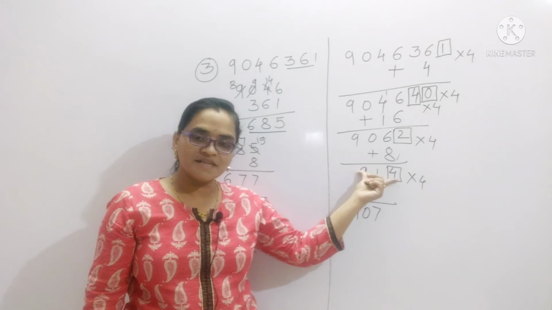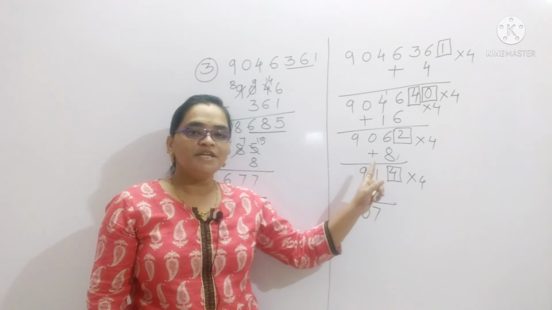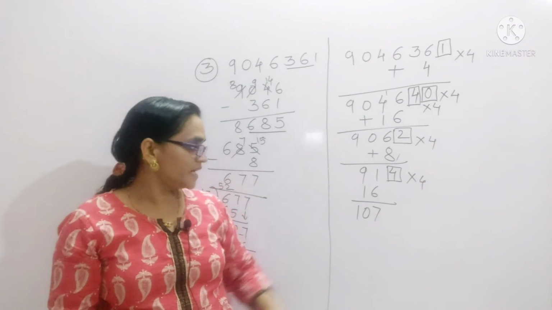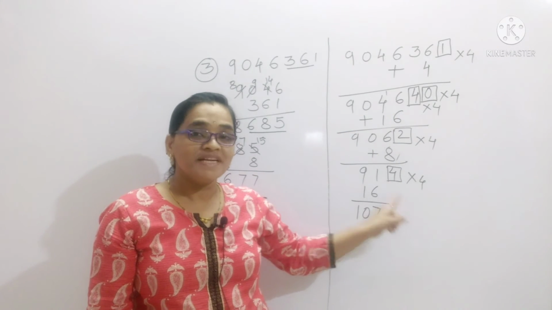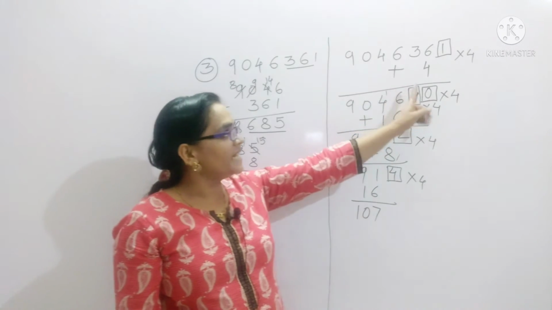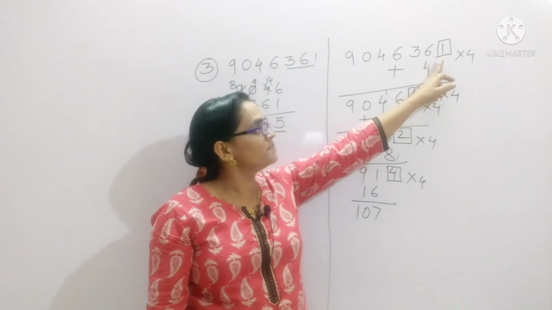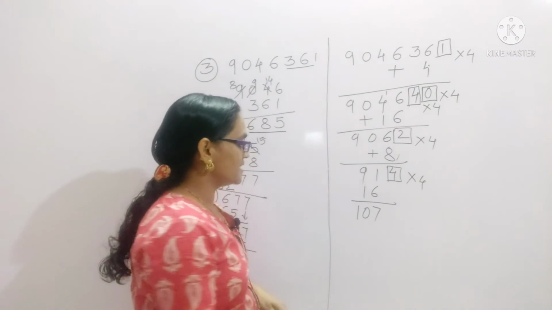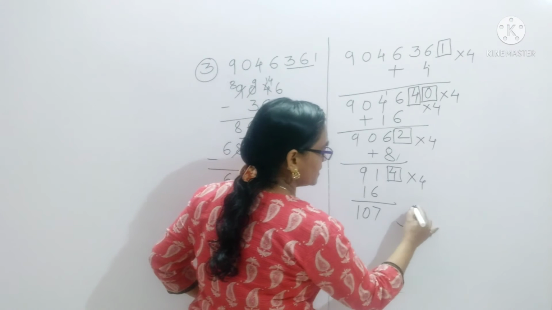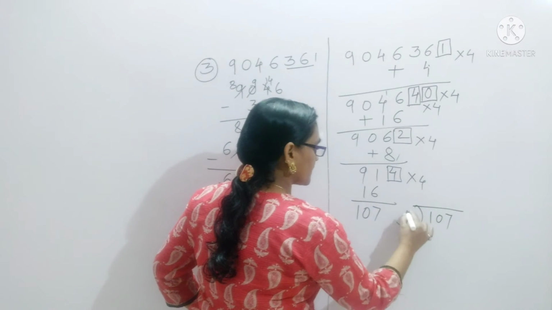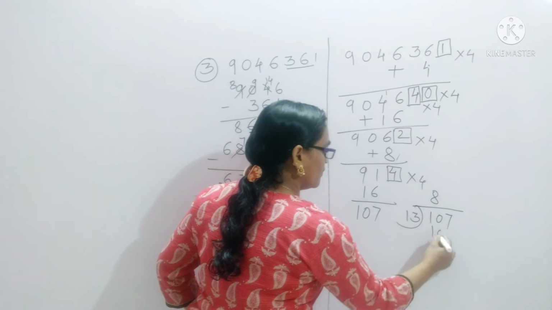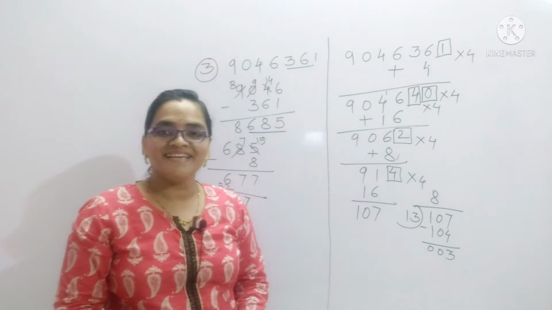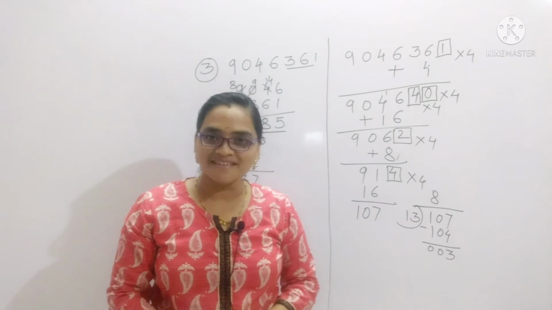See here also a 3 digit number was there, that is 940. You can check here, here, or any smaller number you got, up to that you can continue the same process. But just remember, while adding the product, skip the ones place digit which we are going to multiply. Okay. Then here see, whether 107 is divisible by 13 or not. Check. 13 8s are 104 and the remainder is 3, means 107 is not divisible by 13.